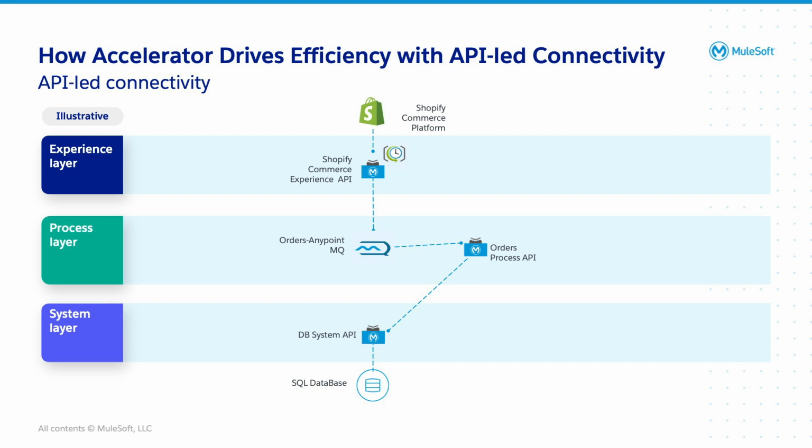Next, moving on to the process layer, you will see the Orders Process API, which acts as a subscriber to the Anypoint MQ and performs business logic to process orders. For example, it has built-in logic to check if an incoming order is new or existing. If it's new, it will create a record for that order in the downstream system. If it is an existing order, then it will update the existing order record with the most up-to-date information or